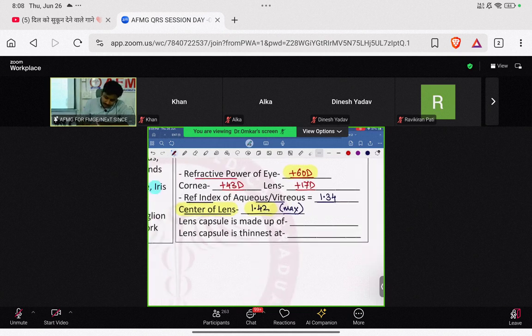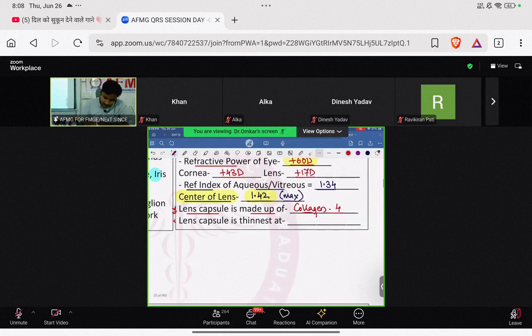Now, if they ask you, bachche, that the lens capsule is made up of which type of collagen? We know, beta, that the lens capsule is usually made up of collagen type 4. So if the lens capsule is made up of collagen type 4, in which condition is it going to be defective? Alport syndrome. ठीक है? So that is important to be remembered, beta. Alport syndrome is a condition where the patient has a mutation in the alpha 5 chain of collagen type 4. इसीलिए the collagen type 4 of the lens capsule is defective in Alport syndrome and that causes anterior lenticonus. That is the cause for anterior lenticonus.